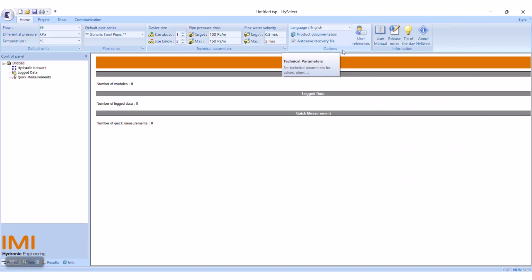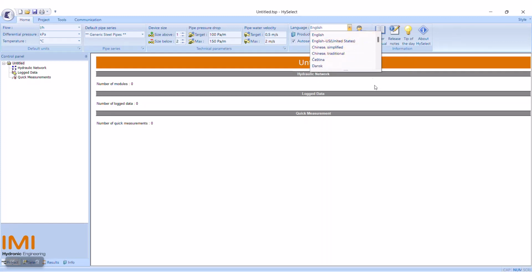Welcome back. Let's look at the two last boxes on the menu ribbon. First of all, we'll look at the options box. On top, you'll find the drop-down menu Language. This allows you to set your desired language. After downloading, it should already be in the correct language related to your region, but you would have the option to change it here. You'll notice that the program is asking you for a restart after you have changed this setting.